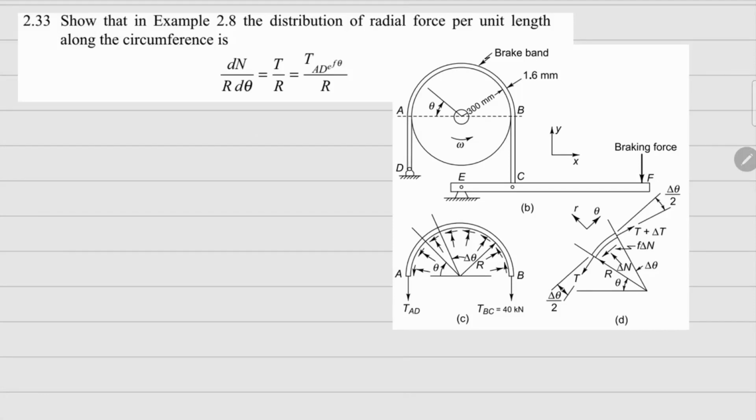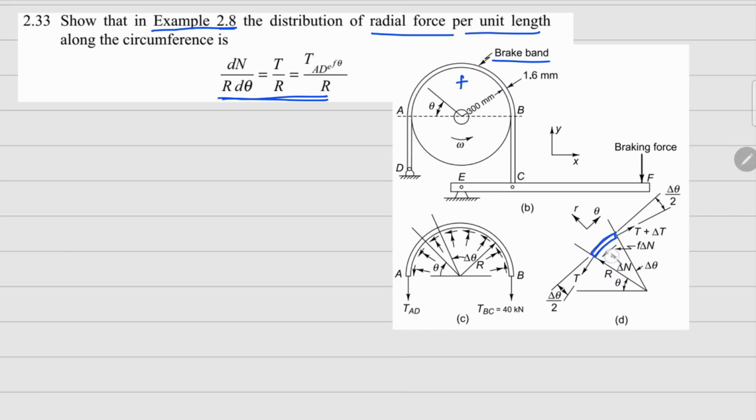This one is 2.33. Here we have to go back to example 2.8, and we need to show that the radial force per unit length is given by this relationship. So this is a band which is on a drum, and there's a coefficient of friction F given there. And if you look at the free body diagram of this band and this small area element there, the forces